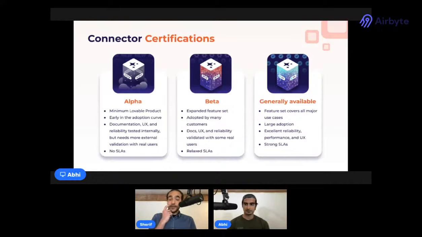And then finally, getting into the feature set. At the alpha stage of a connector, we're building what we're calling the minimum lovable feature set. So we start with at least one core use case before implementing more features over time. For example, if we were to implement the Stripe connector, we might start off with only supporting exports of transaction data before we expand to other streams like invoices, refunds, disputes, and so on.